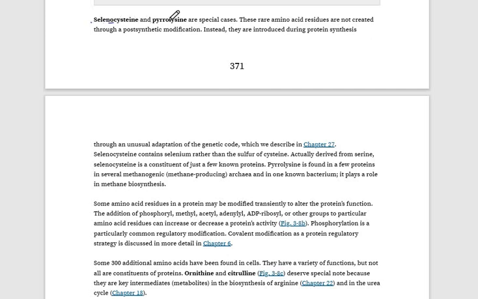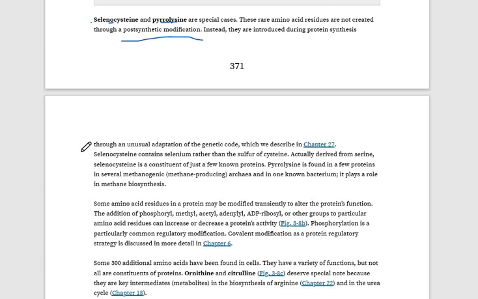Selenocysteine and pyrrolysine are special cases. These are rare amino acid residues and are not created through a post-synthetic modification. Instead, they are introduced during protein synthesis through an unusual adaptation of the genetic code, that is UGA, which we described earlier in the